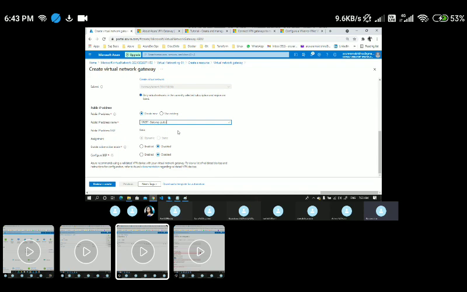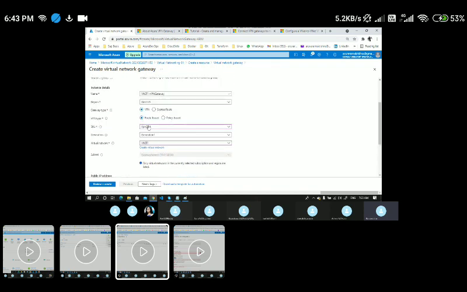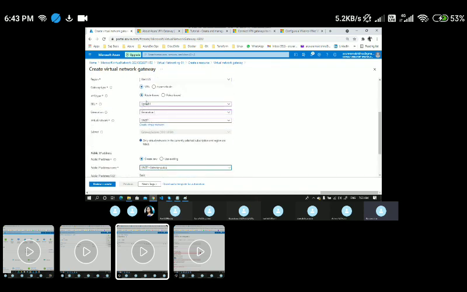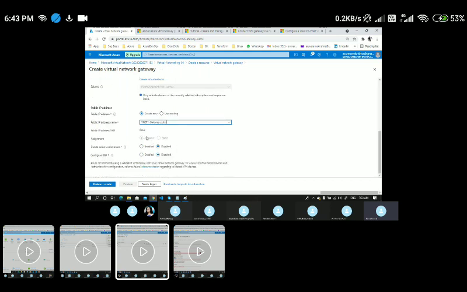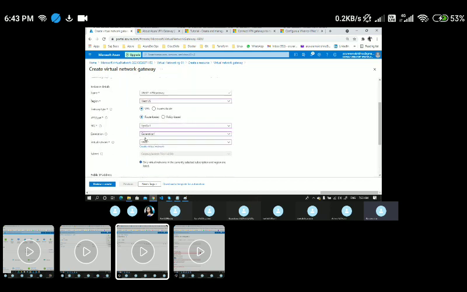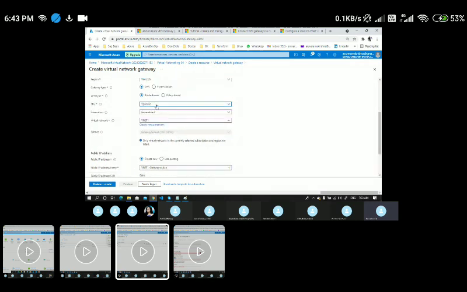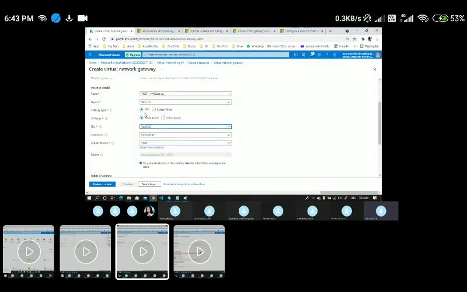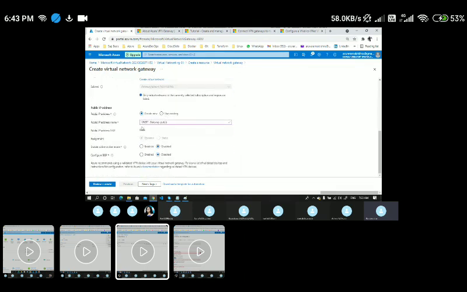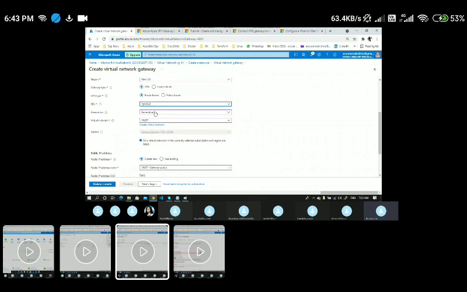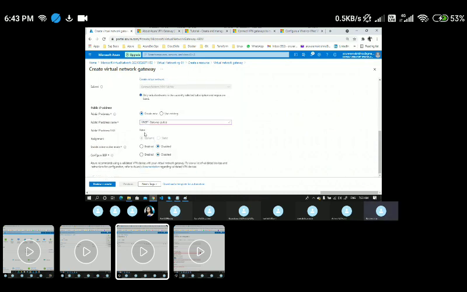And by default, whenever you go with this particular pricing tag, upon this particular SKU, this IP allocation will be coming as dynamic. And if you change it to a different option, it all depends on the type of VPN that you choose, also in a different region. By default here the IP allocation is coming as basic, so I'll go with the previous one, and we will not be able to allow this particular standard static or dynamic.